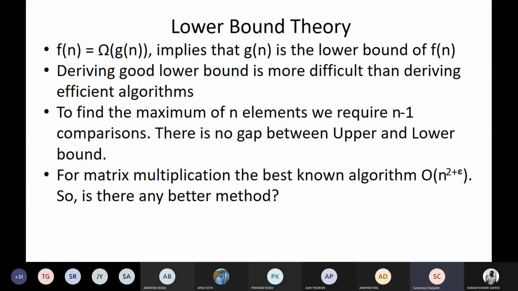Then let us check matrix multiplication. All of us know that to multiply two n cross n matrices, we require n cube time complexity, order of n cube, if we go for the general matrix multiplication algorithm. Those who are aware of Strassen's